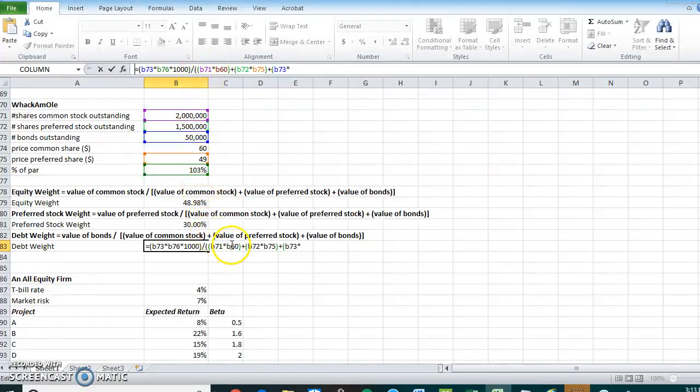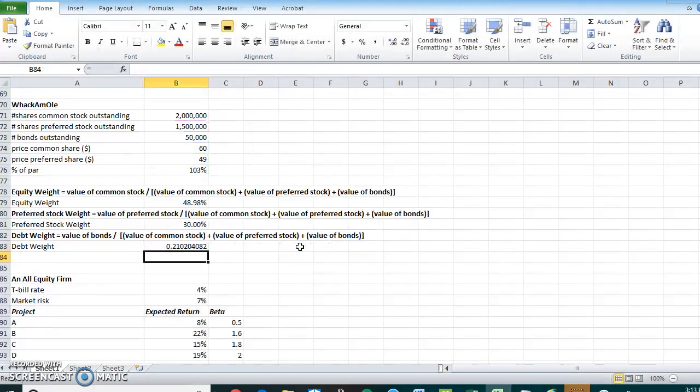It's not letting me change it, so let's just get rid of the B. We know it's 60. Okay, B73 times B76 times 1,000. Close that parentheses, close the main parentheses, hit enter, and we get